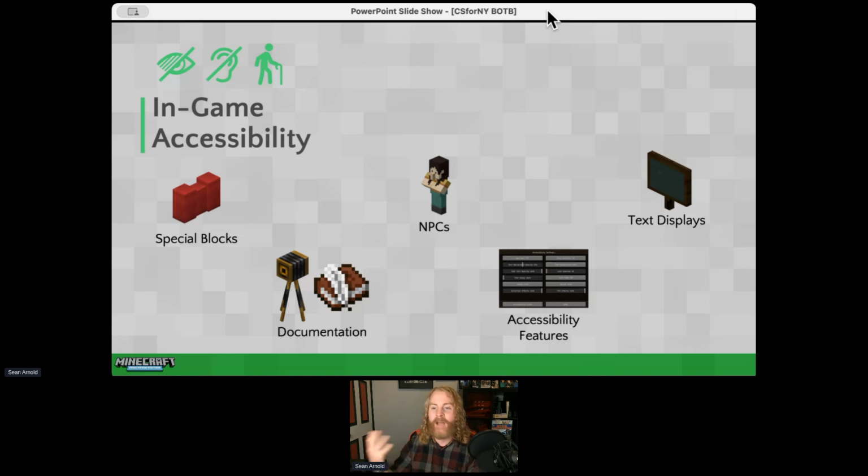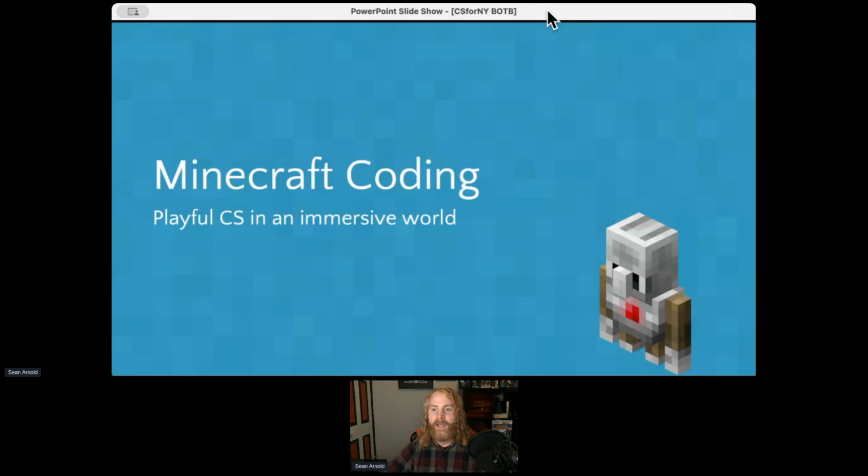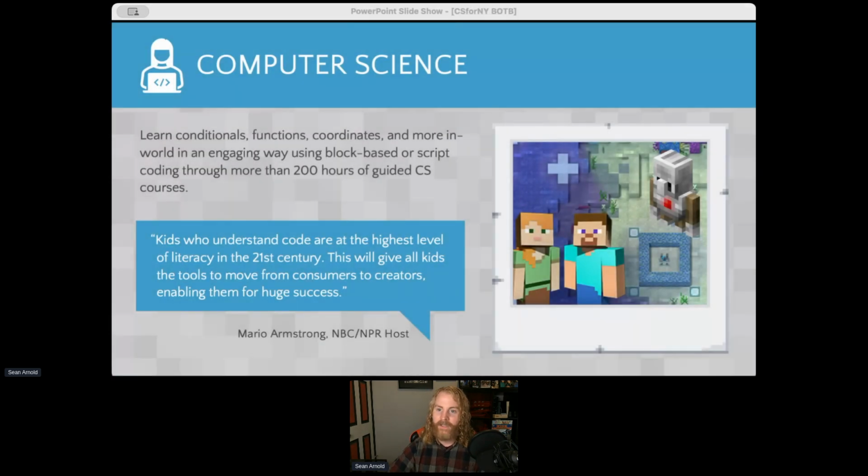NPCs in world, non-player characters, if you're unfamiliar, connect and integrate with students, and can connect them to websites, a bunch of text displays like chalkboards, again, to be able to read from them. And lots of accessibility features like screen readers and magnification built in. And of course, Immersive Reader, if you haven't seen that, you'll get a chance. But let's deep dive into the coding portion, which I'm going to show and play with you here in a second. So in Minecraft,